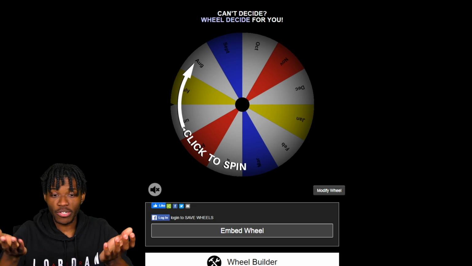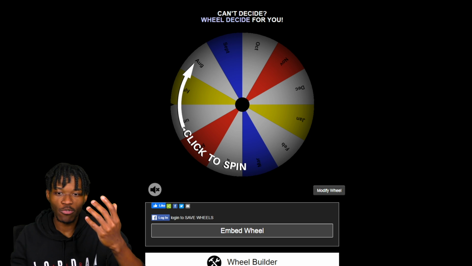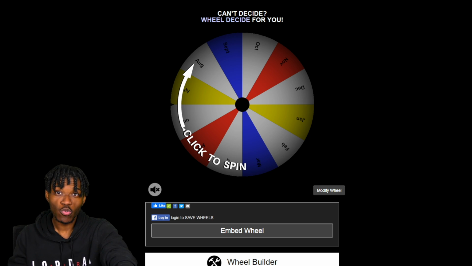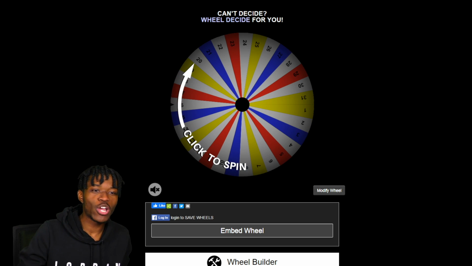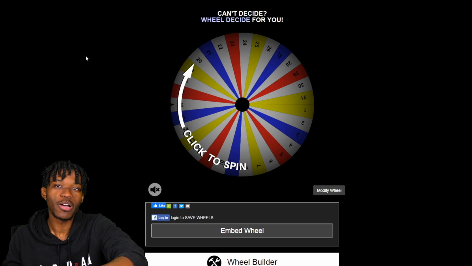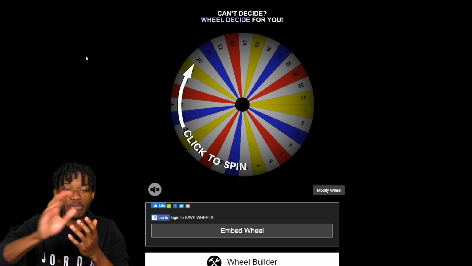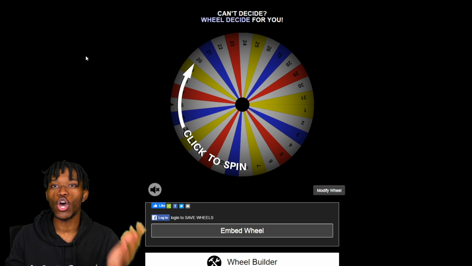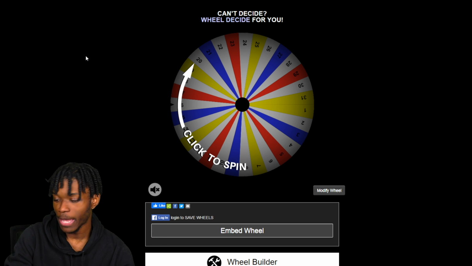So here's the way it works. We have all 12 months here from January all the way to December. We're gonna spin this wheel first. Boom, we're gonna get a month. And then we're gonna spin the second wheel, which has all 31 days. I know some months don't have 31, but you get what I'm saying. We spin this, get a day, and then we have to hope that a current NBA player was